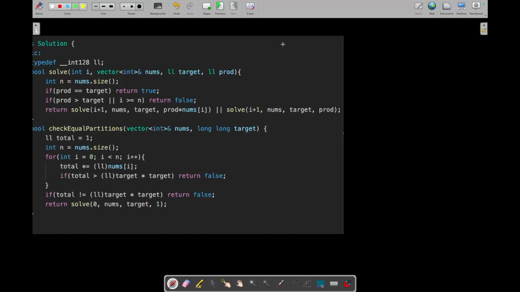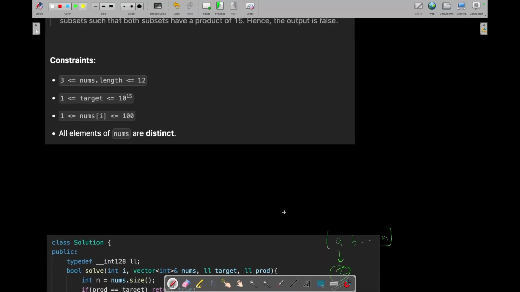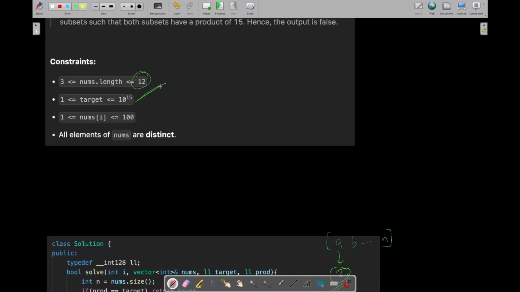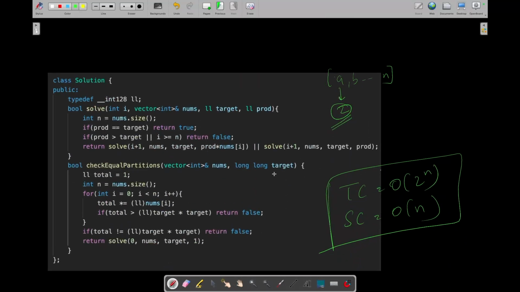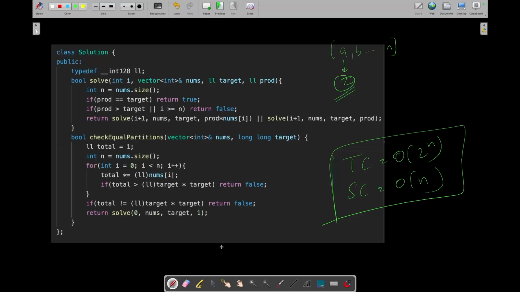As you can see, we have n integers, right? And for every integer, we have two choices. So its overall time complexity will be 2 to the power n, and the space complexity will be the recursive stack space. And this 2 to the power n complexity will work because the constraints are very low in the question. Okay, so this is quite good enough for this question, and you can also solve this question with the help of bit masking, but the time complexity will remain the same. It's just that you can reduce the stack space complexity.